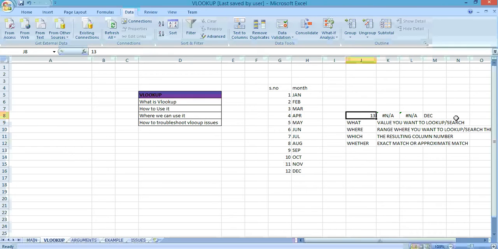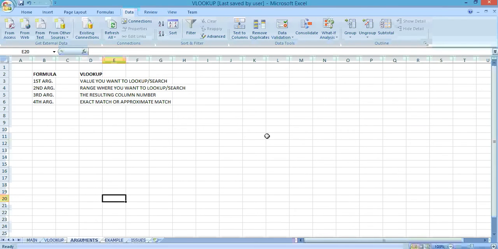So here it is 13 and 13 is not there in the table. So what it will do, the formula will take the nearest value, the approximate match. So approximate match is 12. So it will take the value of 12 here. And if I write 12, it will take the correct figure. If I write 11, it will take the correct figure. If I write 10.5, it will take approximate match, right? Because here I had put 1 as the fourth argument. Okay, so we have covered the arguments.